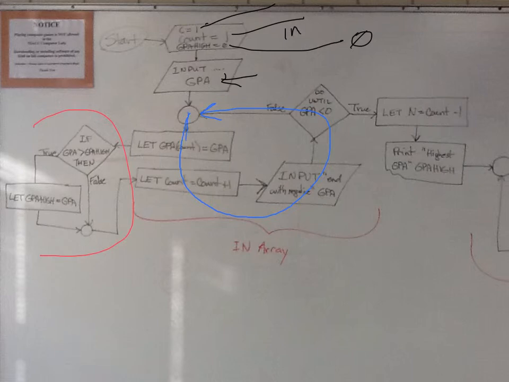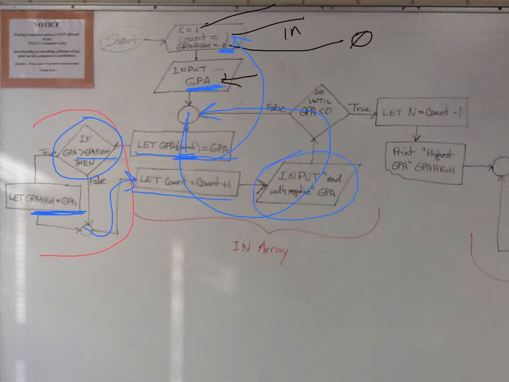So we come down, we input the GPA, we store it into the first location in the array. You notice count right there. Count is 1. And so GPA 1 is the first GPA that we just entered. Then we go over here, we see, is that one greater than GPA high? And it's going to be, because that's 0 right now. So then we'll store that one in GPA high. Come back together, we come up, we count,